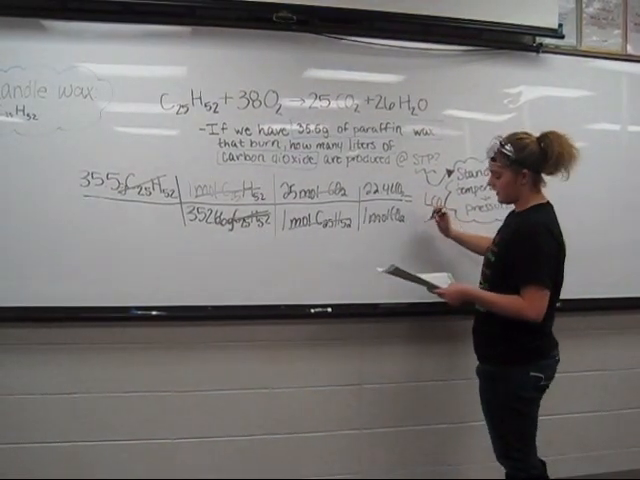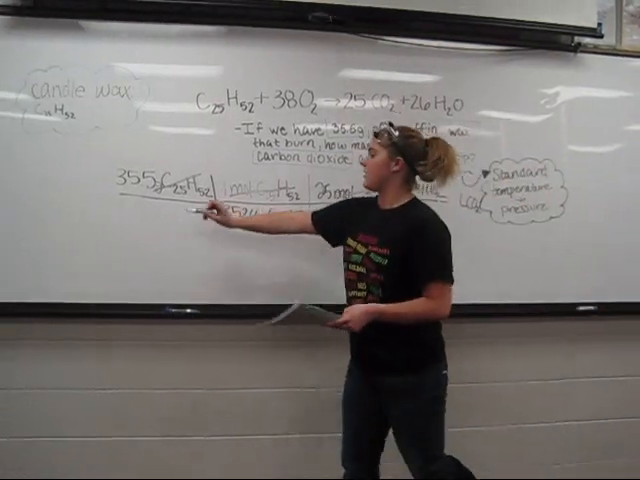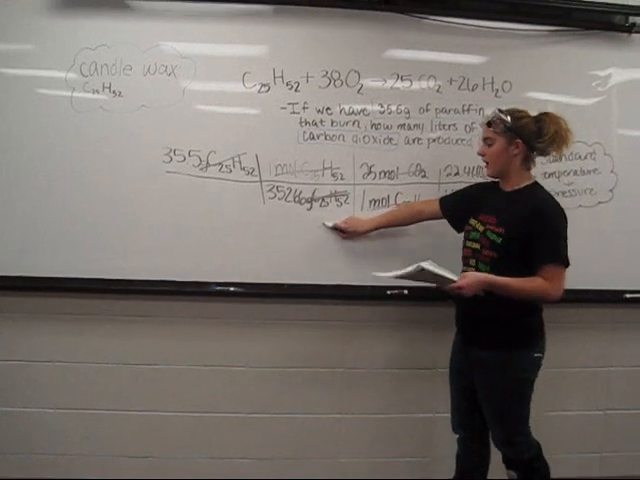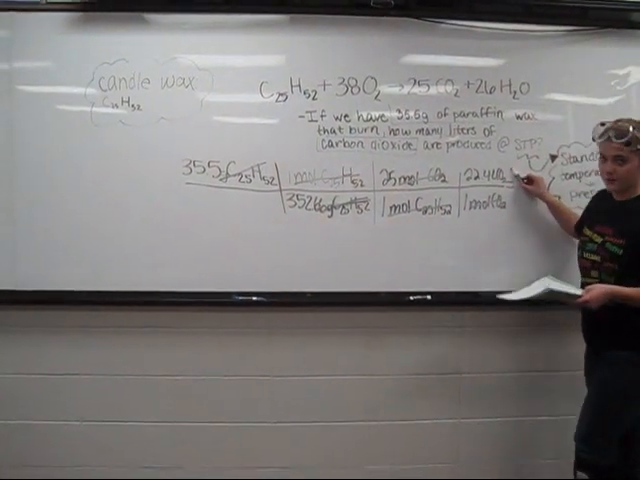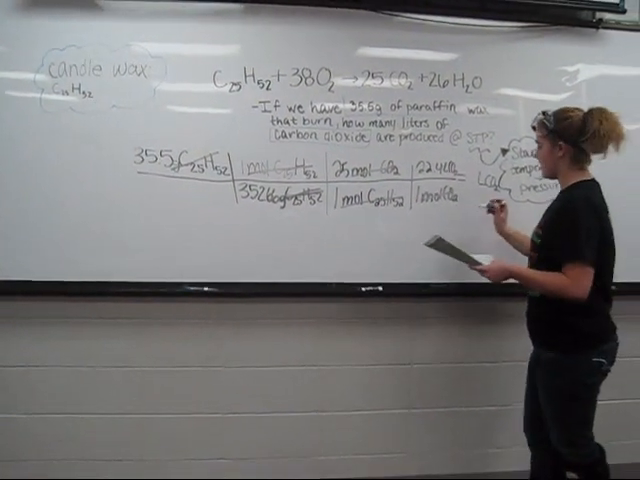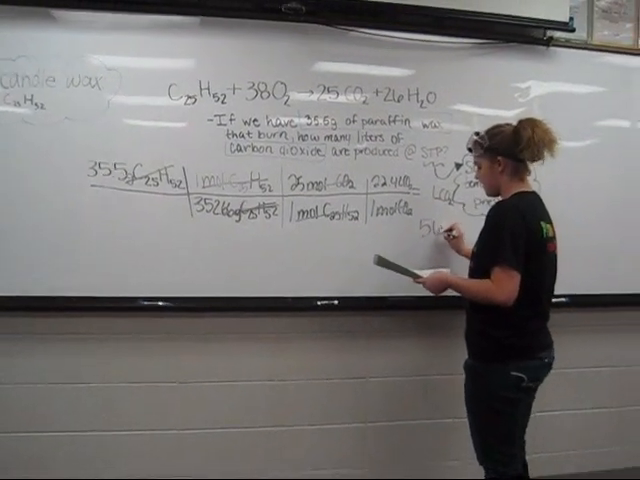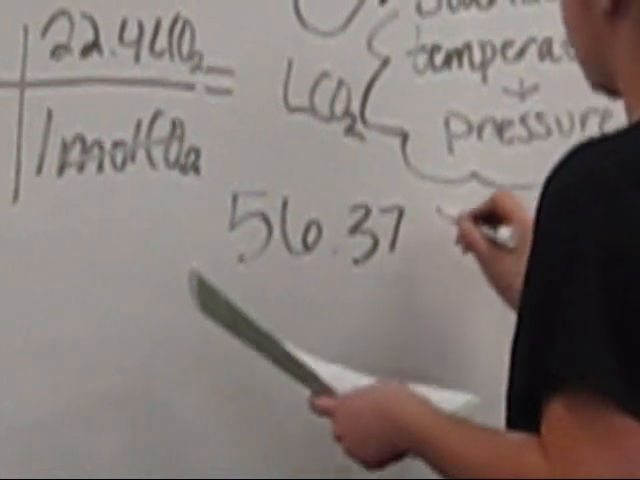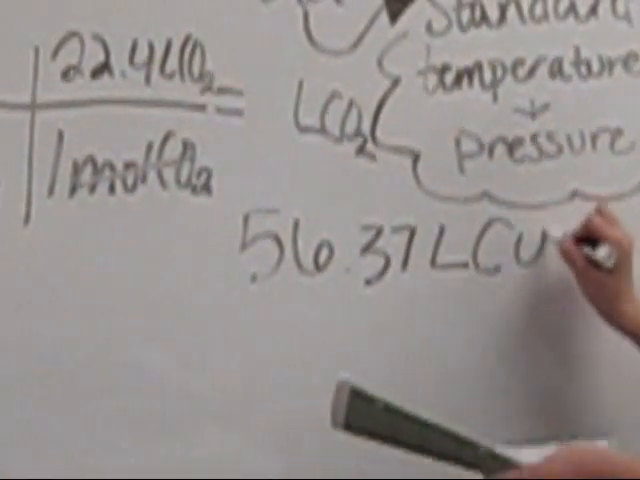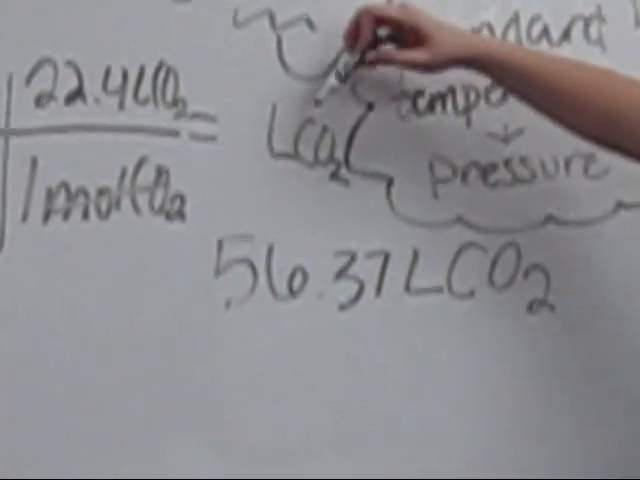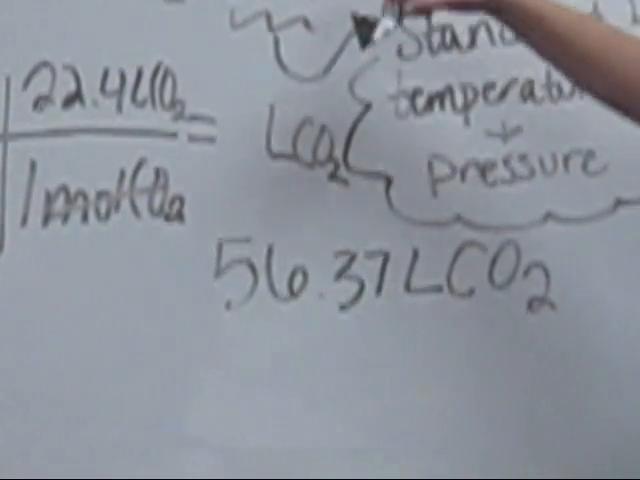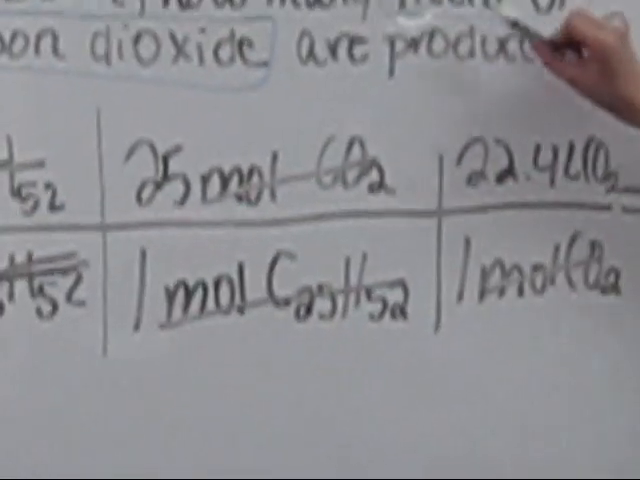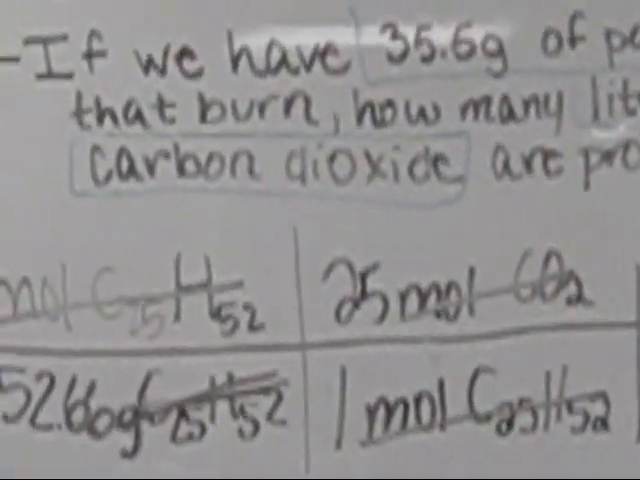Now, to get our answer, we multiply all the top row and multiply all the bottom row and divide the top number by the bottom number. Our answer would be 56.37 liters of carbon dioxide. This matches up with the unit that we found at the very beginning, which referred to this part of our question. We circle that,